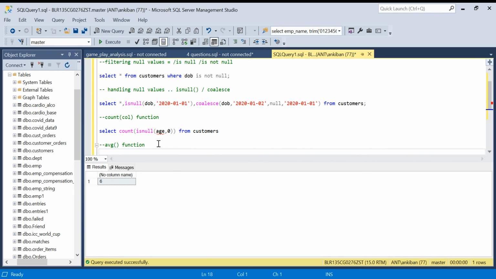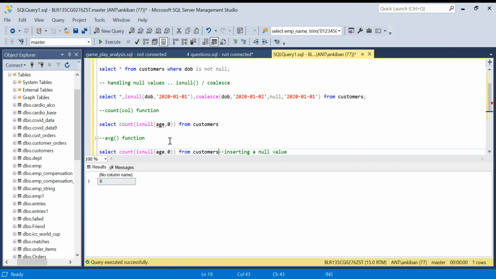Similarly, exactly with the average function. So if you want to take the average of age, select average age, right? If you see, this is 21, let me show the table.